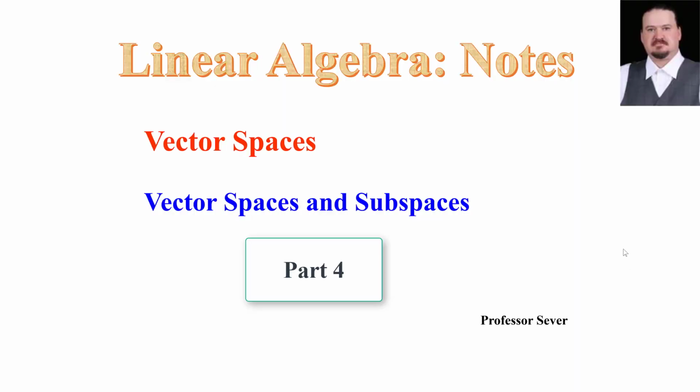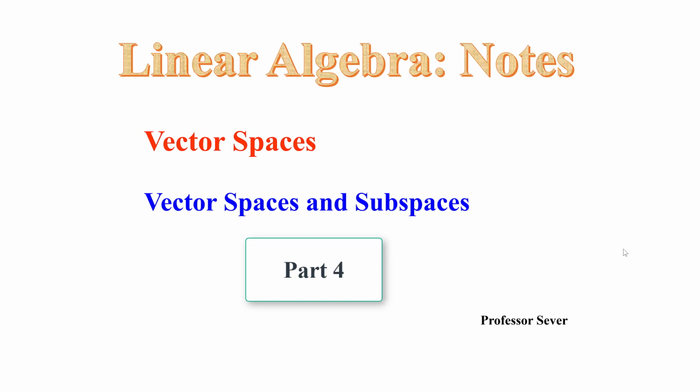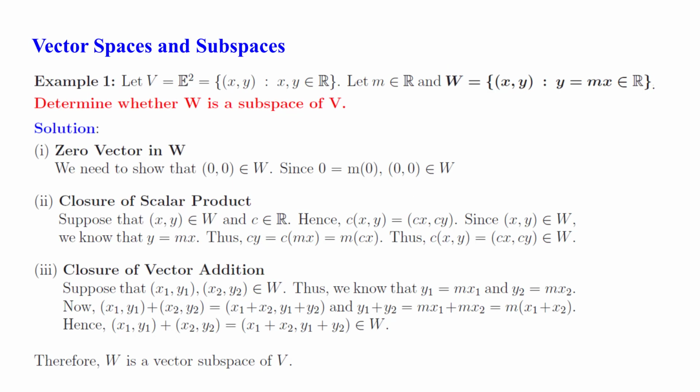Today we're going to do an introduction to abstract vector spaces and subspaces. Let's review the example we discussed in the previous installment in this series. So W was a line in the plane, namely y equals mx, and we proved the following conditions: that the zero vector was in W, we proved the closure of the scalar product, and we proved the closure of the